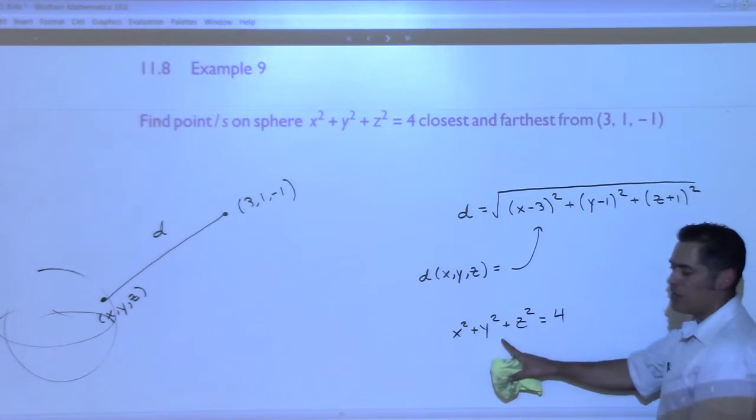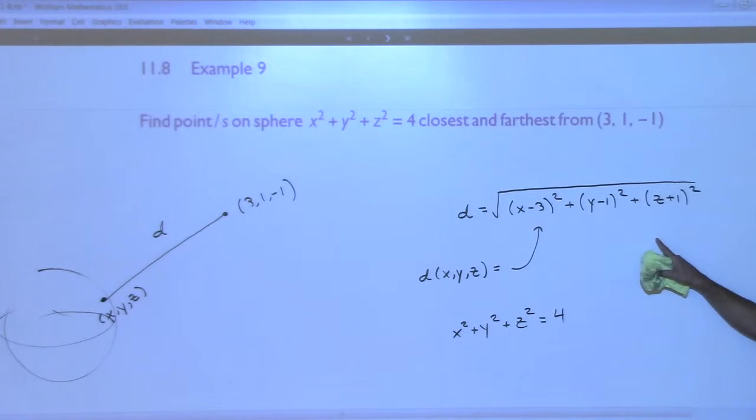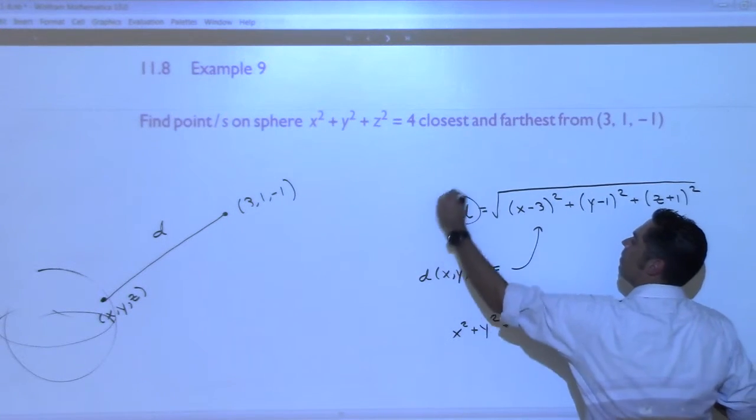Right? And this becomes my g of x, y, z. So the gradient is not looking fun, right? The gradient's not looking fun there. Imagine taking the partial. This is something that you may see later on in a physics class or somewhere else. This comes up often enough that we need to understand something. If you're ever trying to find